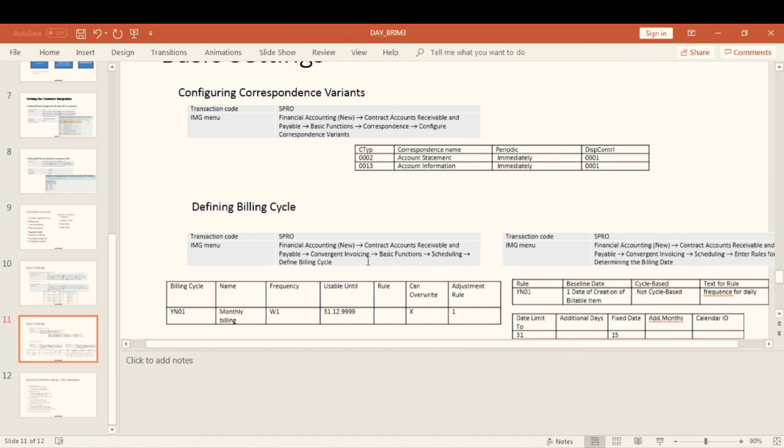So the billing should happen. How should the billing pick these billable line items? It has to be picked from the first of the month until the 31st of that month. So these things we are defining in the system.